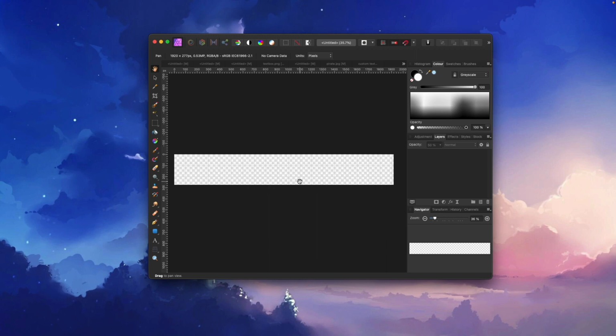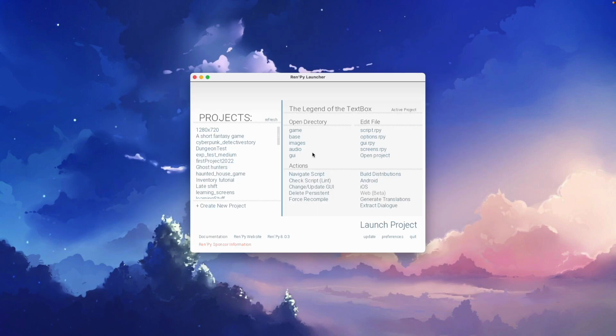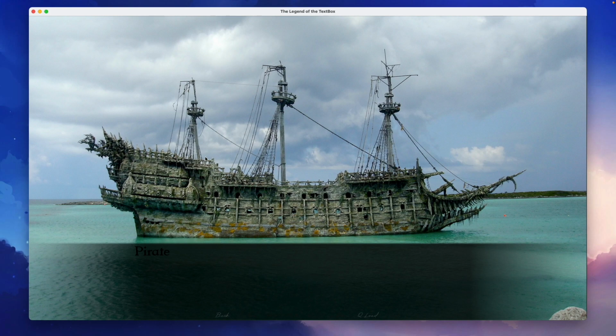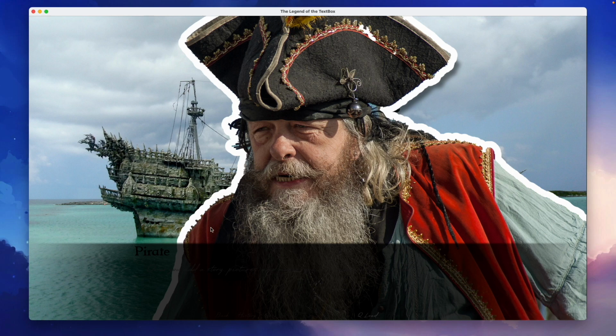Okay, so let's take a quick look at the game I'm working on for this tutorial. The epic game Legend of the Text Box. As you can see, it's a pirate themed game with our cool pirate here. And right now the text isn't readable, but that will be fixed when we switch from this template text box